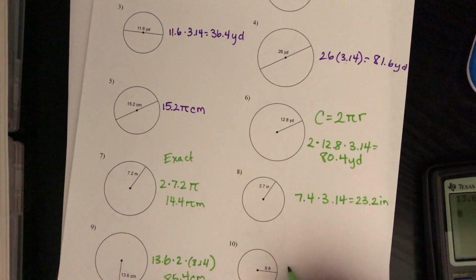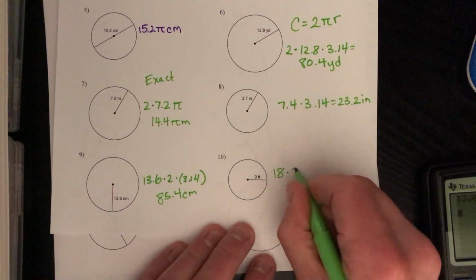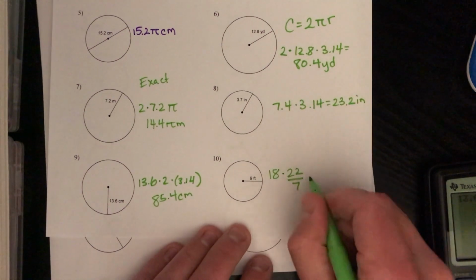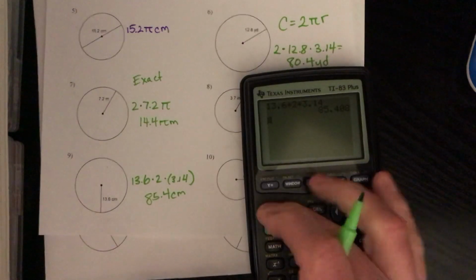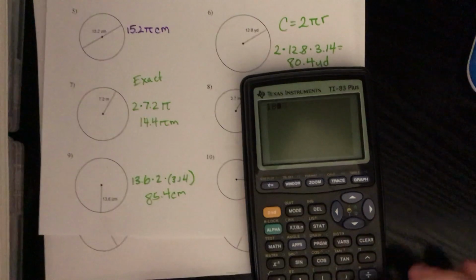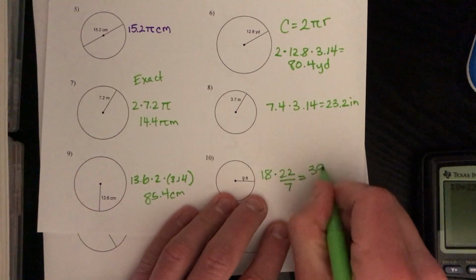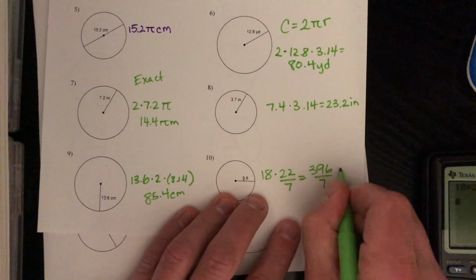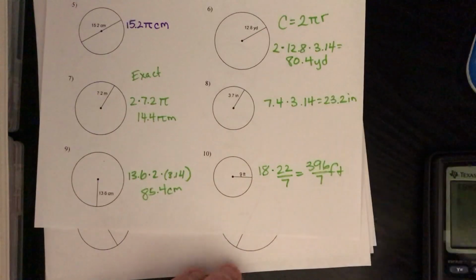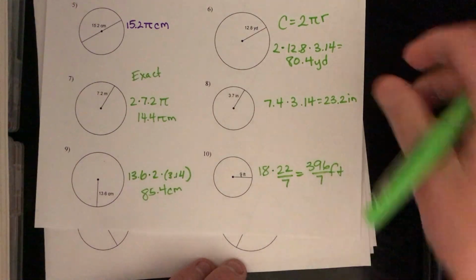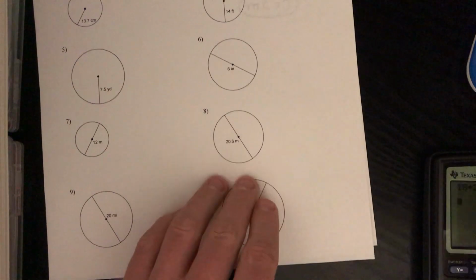And the last one, 9. So I can multiply that by 2. Sorry, I'm off the screen a little bit. So that's 18. And let's do this one with the fraction, times 22 sevenths. Notice I already multiplied the 9 by the 2 to get the 18. And so I can just do 18 times 22. That's 396. So this is 396 sevenths feet in circumference. You could just leave answers in improper fractions like that. I'm sure that simplifies a lot, but that's fine. I don't care too much about that.